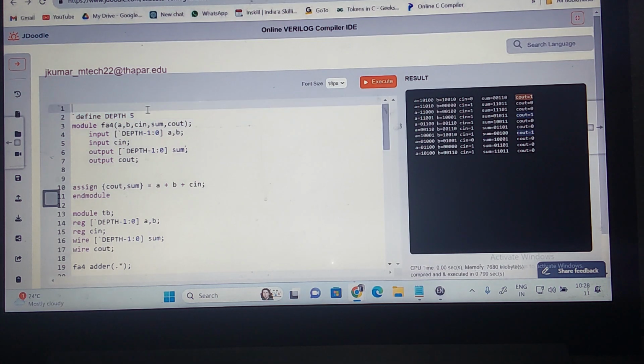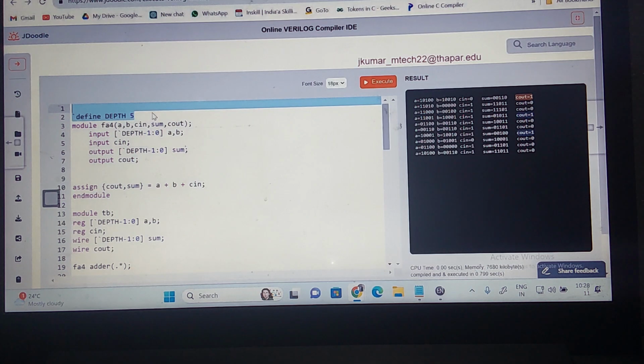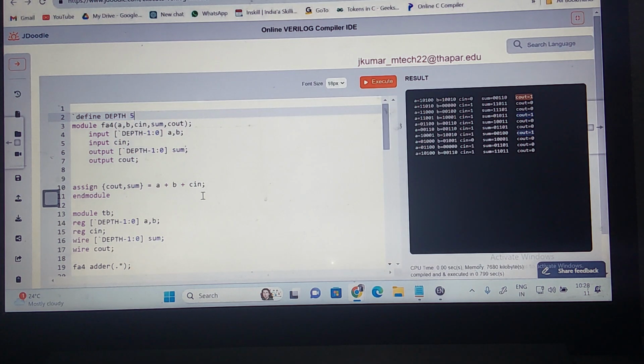So what extra thing am I modifying in this program, customizing this program? I'm using one of the compiler directives. Okay, what compiler directive am I using? Tick define. Now we are creating a text macro. What is the macro name? Depth. Then you can pass the value to this depth. I don't need to always go inside the program and change the bit width of A, B and sum. I can use the compiler directive, then I create the macro. By assigning a value to this macro, this program works according to my macro. Is this clear? This you can also do using parameter. Using parameter also you can do. Right? How to do using parameter?